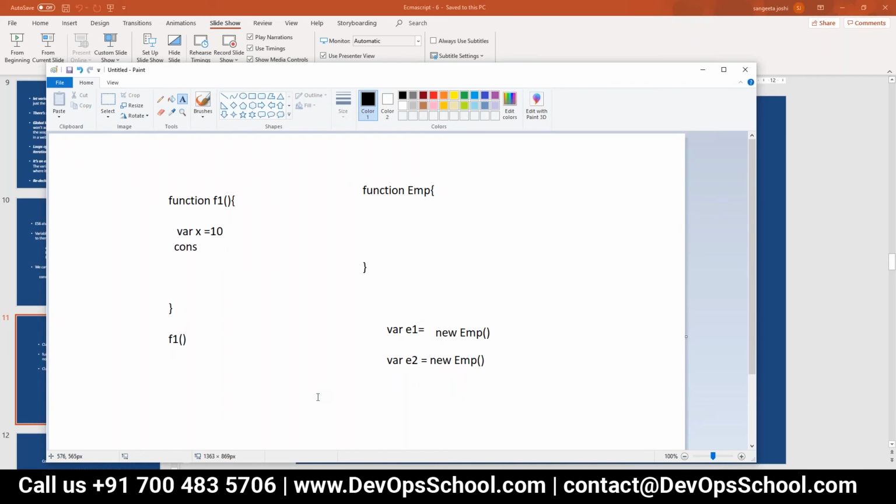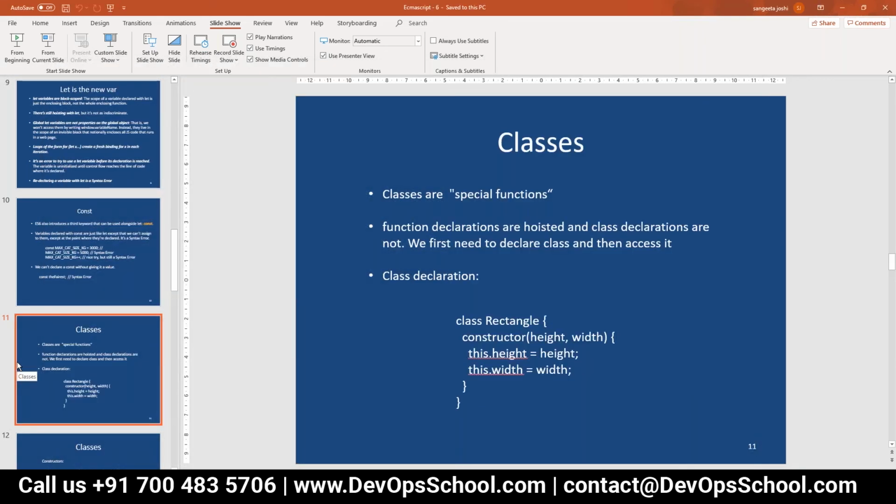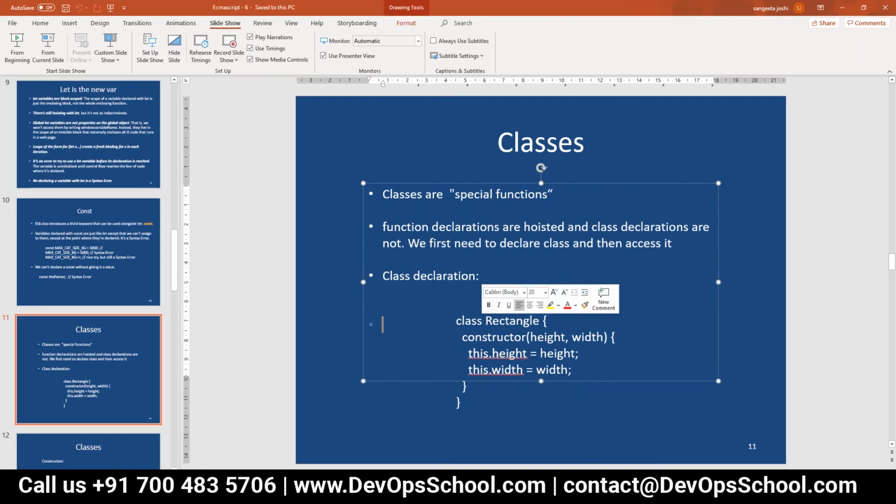So now coming back to the slide, in JavaScript, you do not have the class concept, but ECMAScript 6 introduced class. But finally, what is getting executed inside the browser? It is JavaScript. Then this class, you are allowed to write class, okay, the class keyword. And now if you go through this slide, class Rectangle, right?